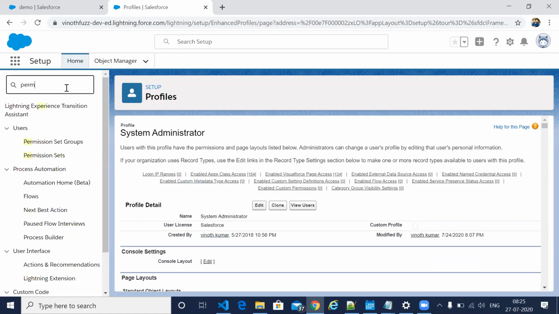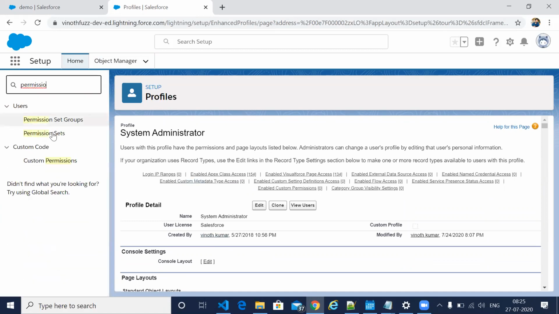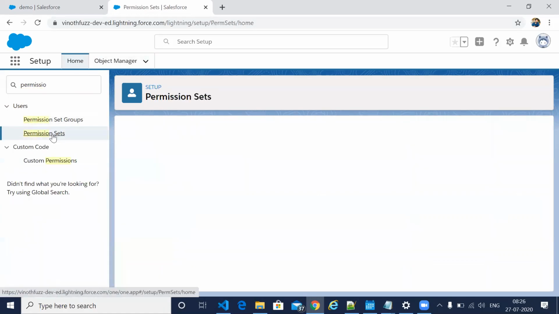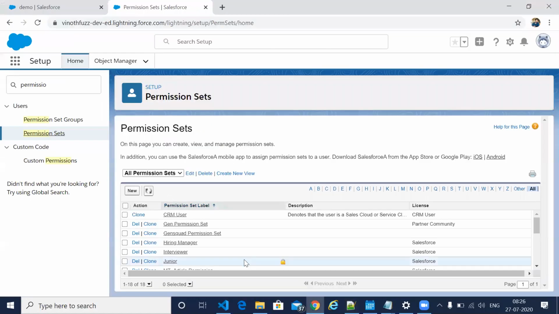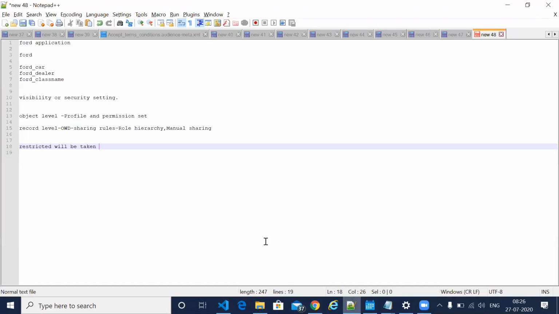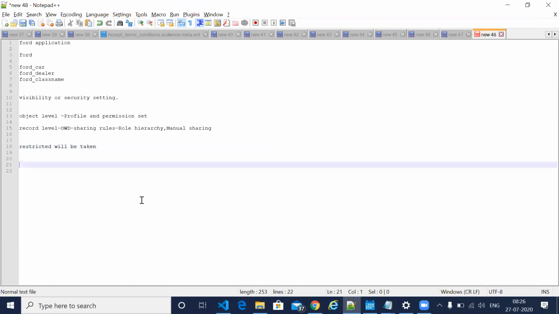And we have permission sets. So here I said in object level we have profile and permission set. So permission set is basically giving the extra permission. When we use permission set is whenever we have multiple users and they want multiple access.